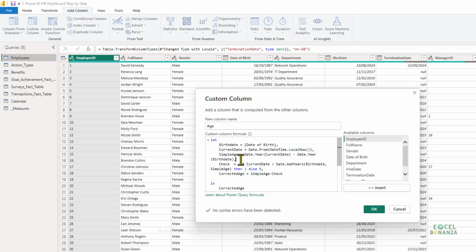And then we have another variable here called the simple age, which is simply the difference between the current date that we calculated here and the birth date of the employee. This is a simple age. We're just getting the difference in years as an integer, and then we're going to create another variable here, which is a check variable. This check variable will check if the current date, the date of today, is less than